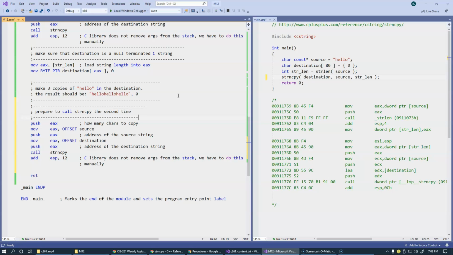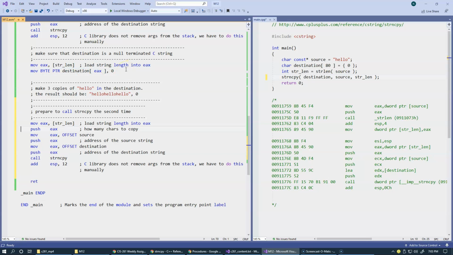All right, so here we're just doing the same thing. I'm not going to optimize anything. I'm just again going to, by the way, instead of just pushing EAX, this time we need to make sure that we load our string length into EAX, because now after making the string copy call, we don't know what EAX contains, so we need to make sure that we load our EAX with the string length. Okay, and then when we do this,